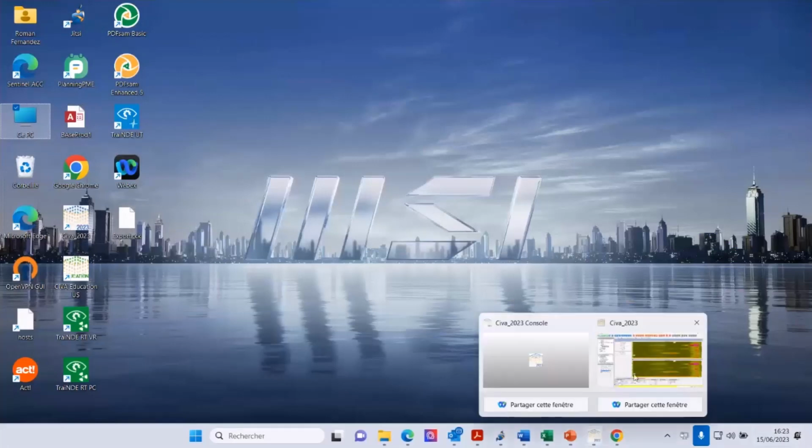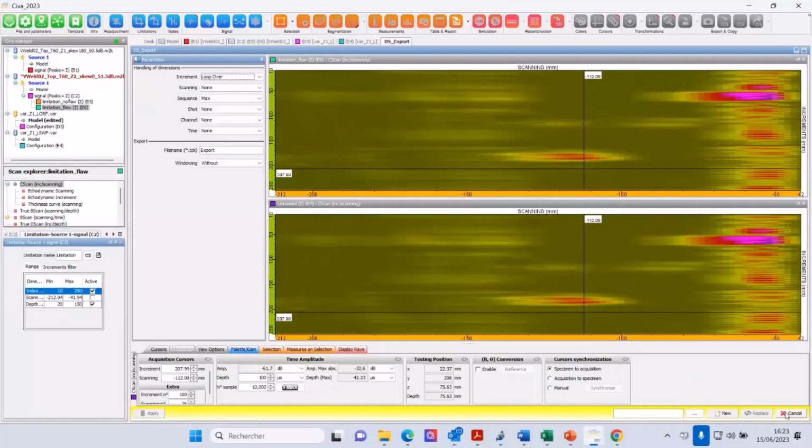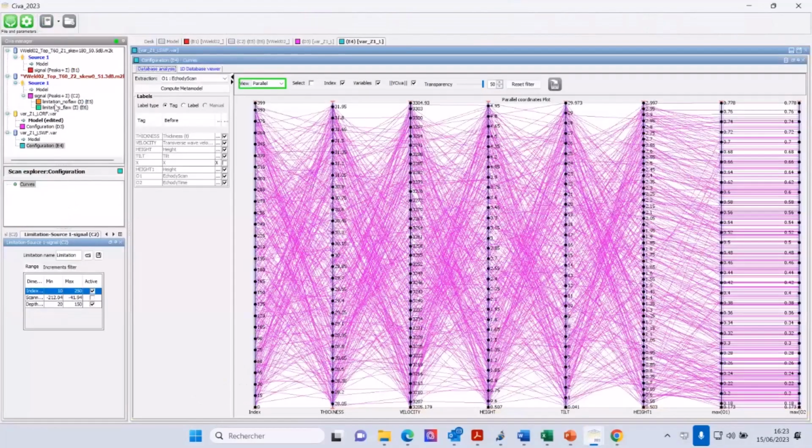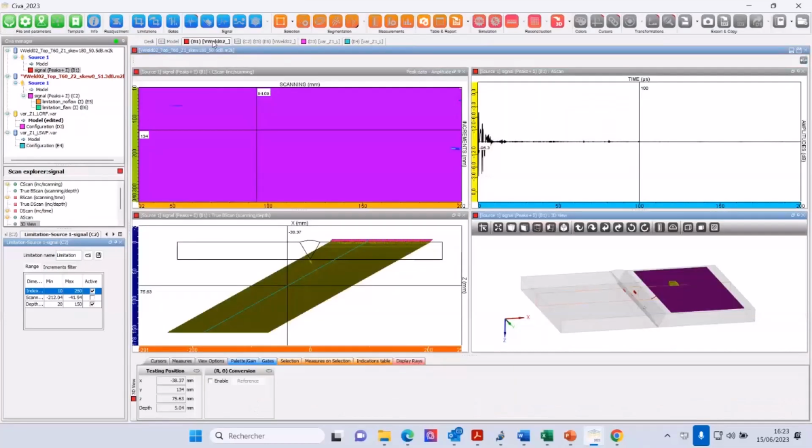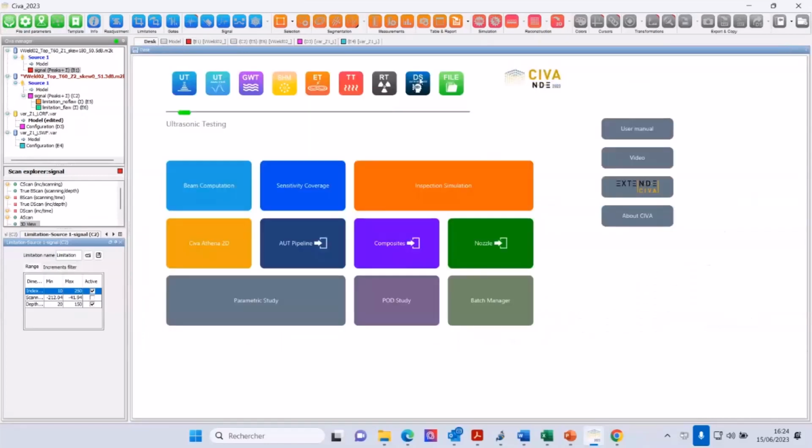So I will not do it for all the four experimental data. Just to remind you, we made two experimental data from the two sides of the weld, and then I created limitations to define my zone without flaw and my zone with flaw. So it will be four acquisitions at the end. And then the idea, once you export everything in these binary files, is to go to the desk and you have this data science module and to define everything.